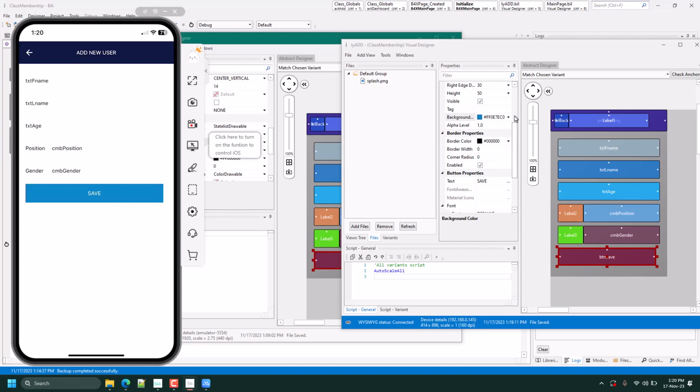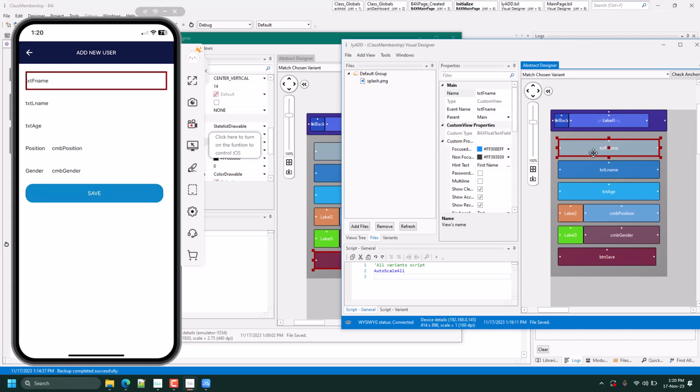Let's give it the radius, border radius. Let's give it 20. Okay, there we go.